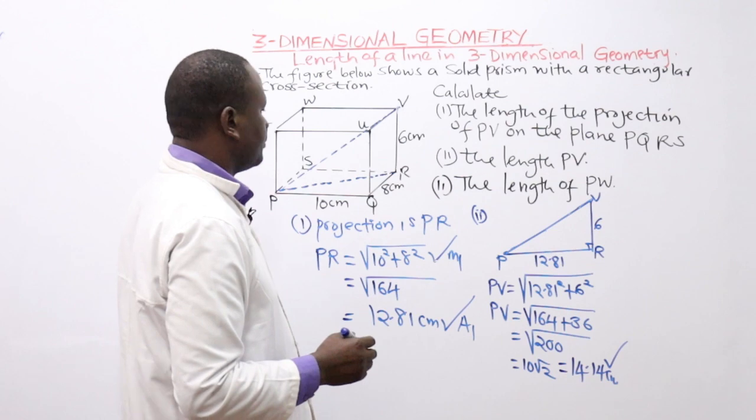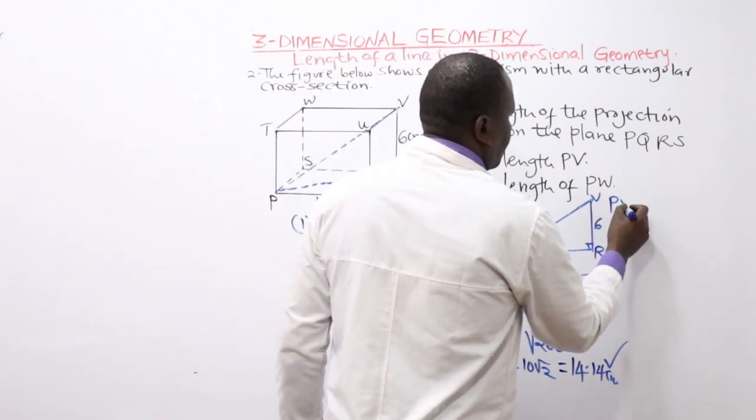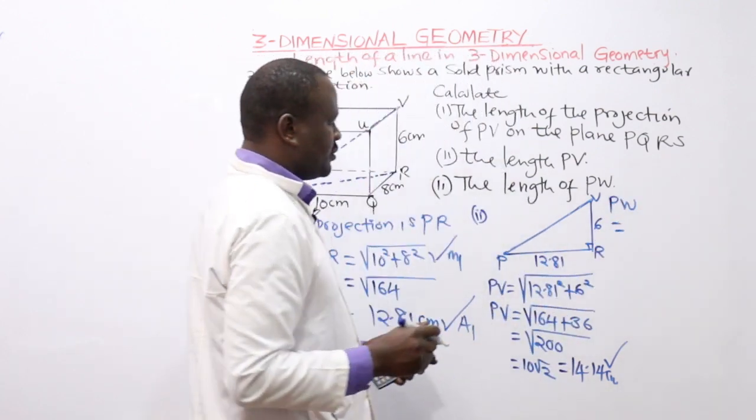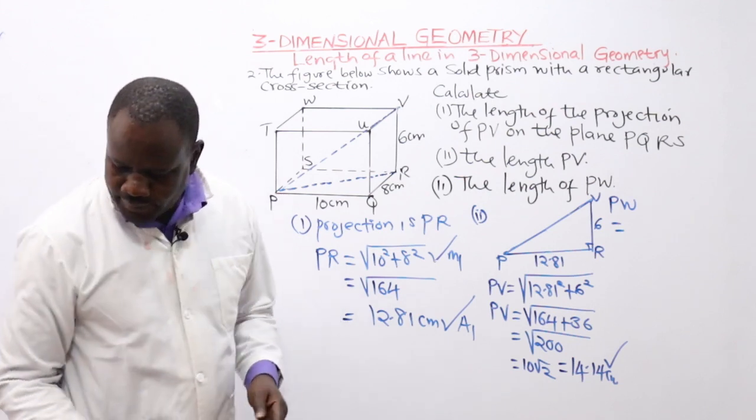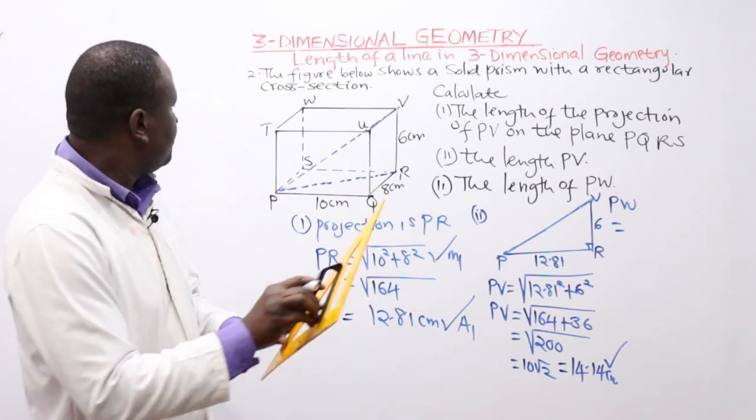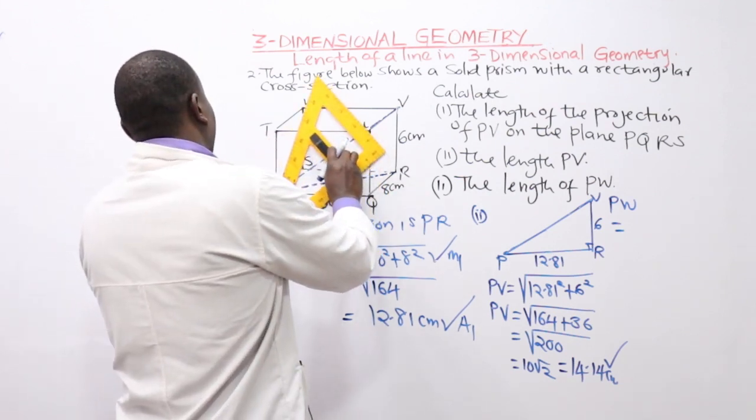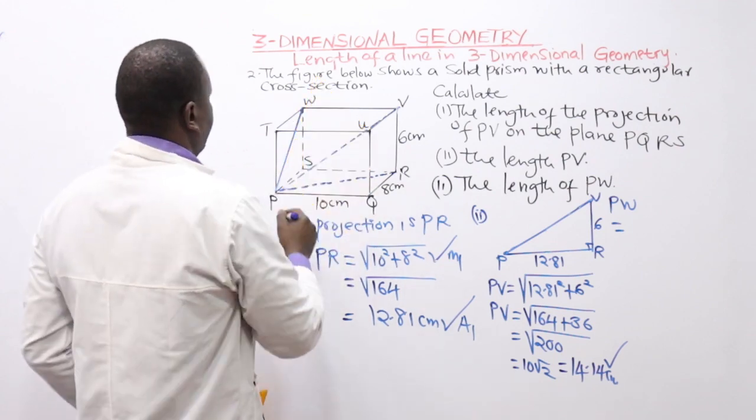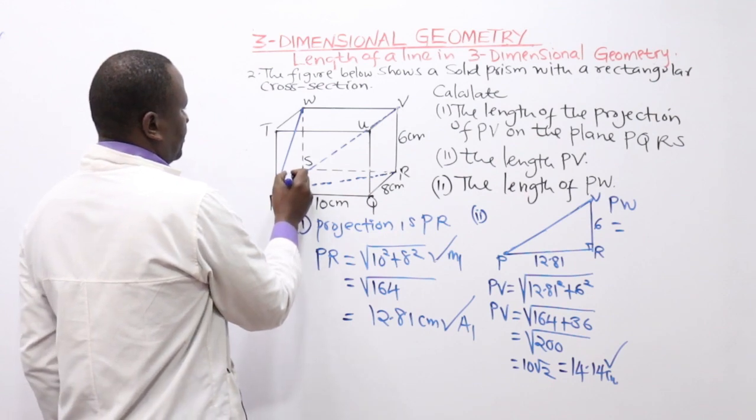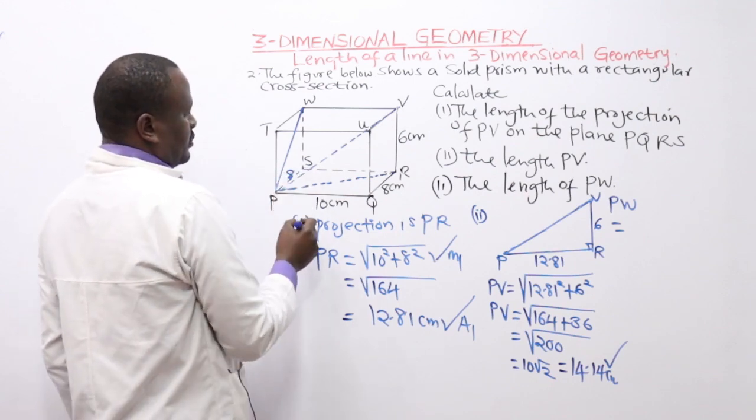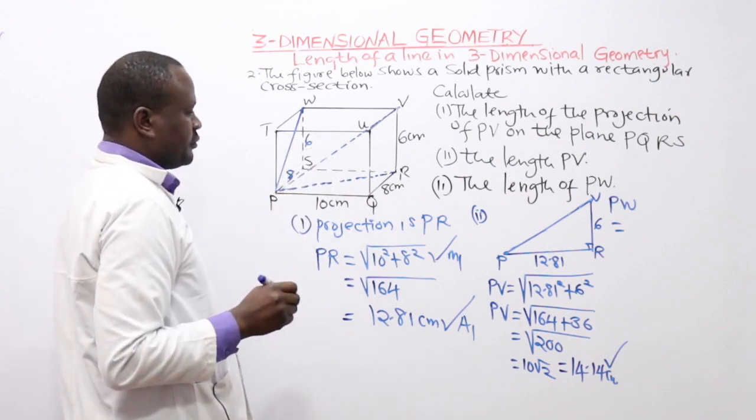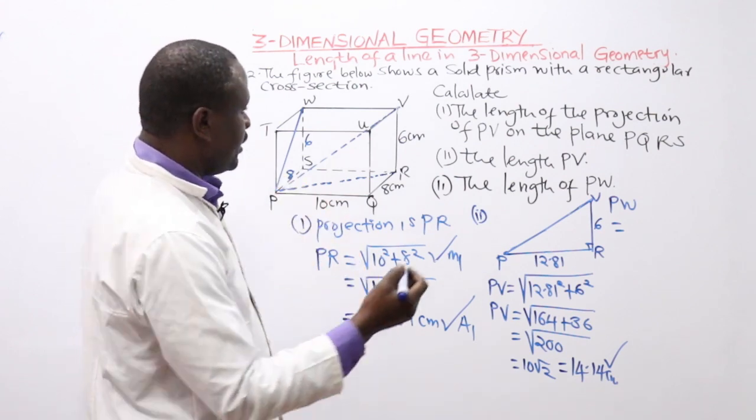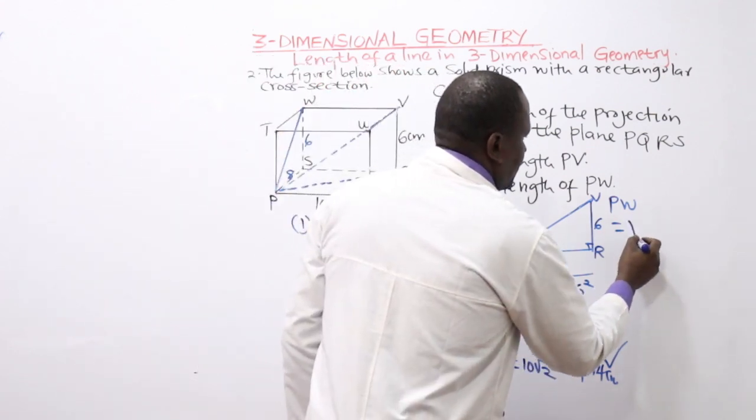PW. Again, for PW, you just use Pythagoras theorem again. So you can see the main thing is Pythagoras theorem. PW, this is 6, 8. This is 6. Again, it is the longest side. It is the square root of